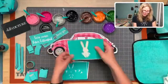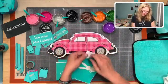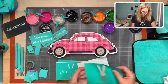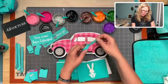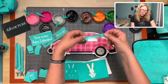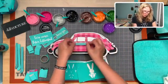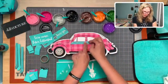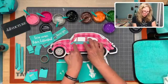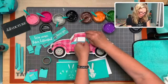All right, we just need his head. If you saw what I did with the other one, I just have pretty much his head up there. So we need to block off areas that we are not going to put any chalk paste on. This is placement tape that is through Couture. You can use this or you can use blue painter's tape. I am just going to put that right down there and block that off just really lightly. And then right here,